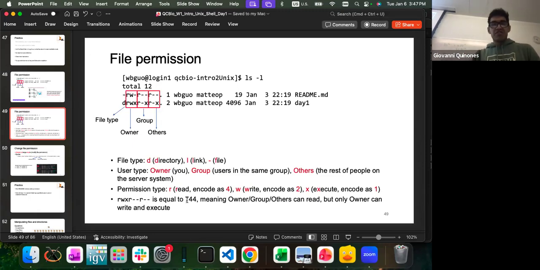Now, what if you type something like 744? This is the permissions across all levels. So 7 for the owner permission, 4 for the group permission, and 4 for the other permissions. So that means you as the owner are free to do everything. Your group is 4, so your group can read, and others can also just read. That's what 744 means. Now, what if I do 777? What does that permission mean?